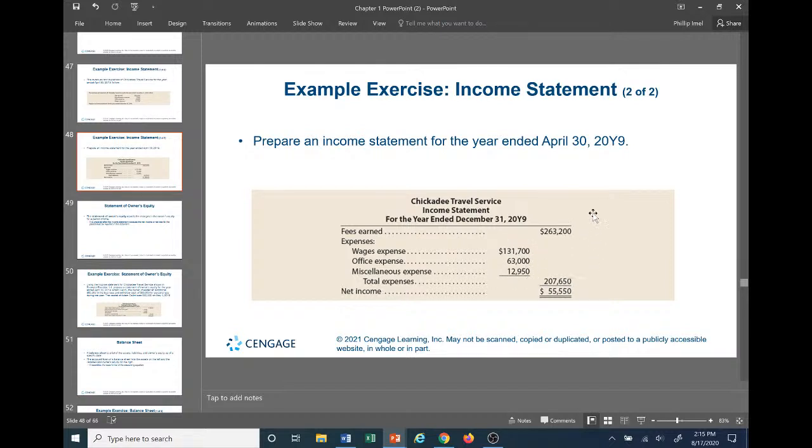So basic, remember, income statement for a period of time, in this case for the year of 2009. This is the activity that occurred during that period, and this is how we account for it to evaluate the performance of the company for this period of time. We start with the fees earned, then we back out the expenses, and it'll give us our net income or loss.